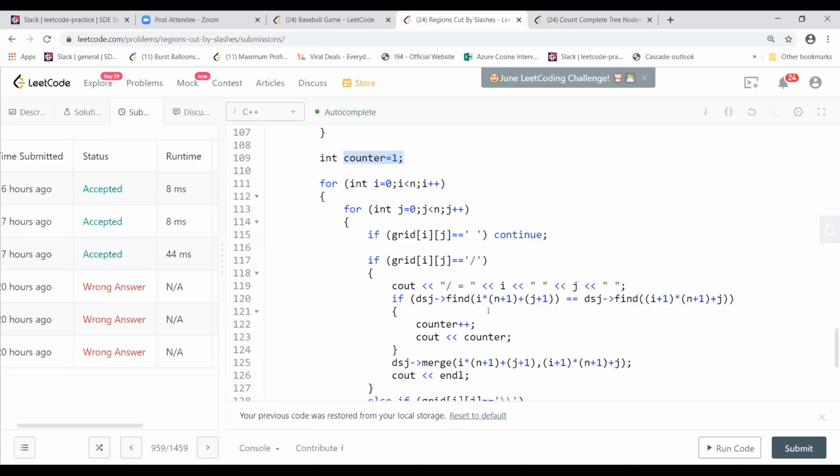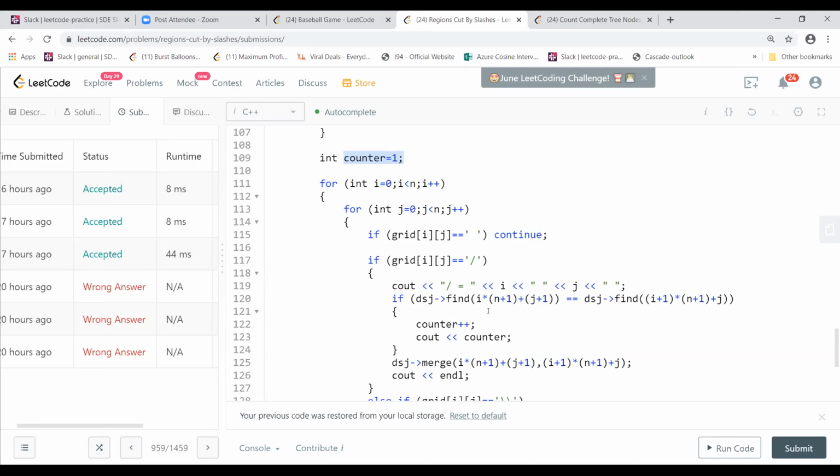Yeah. So the intuition here is we create a boundary, and whenever we find a slash, if some slash connects to the boundary, then we increase the counter, right? Yeah. So if you find the slash connecting both the boundaries together, the whole of it, because you have to have the whole complete connection, then only we increase the counter.